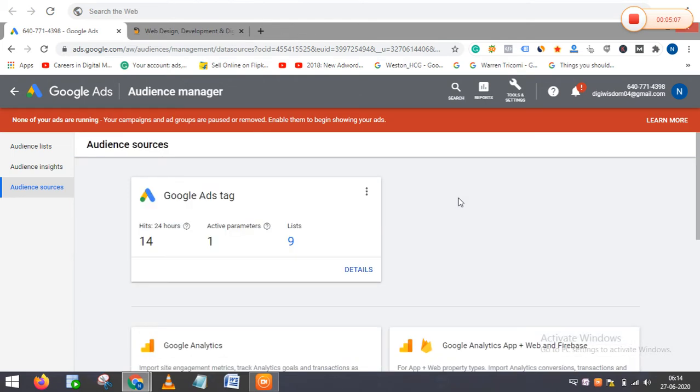So as I told you, without a remarketing tag you cannot create a remarketing list. If you do not have a remarketing list, you cannot create a remarketing campaign. So in order to create a remarketing campaign, we have to create a remarketing list. In order to create a remarketing list, we have to paste the remarketing tag to the website, and this remarketing tag should be added onto all the pages on the website, so that